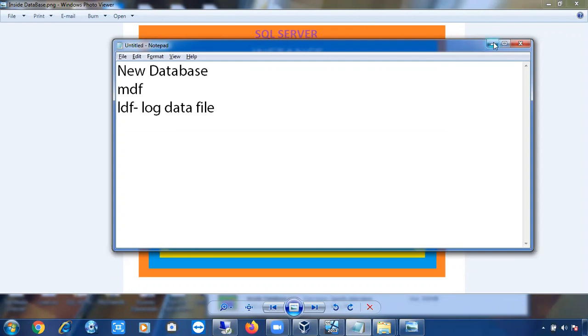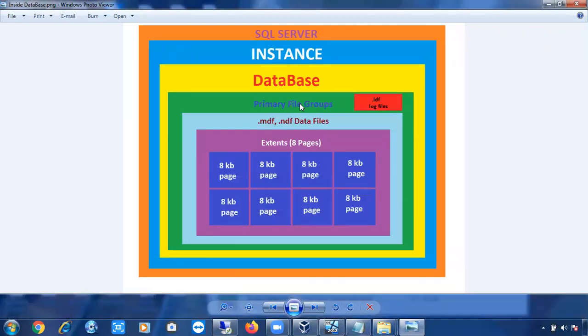So if you go inside this database, you will have file groups and log files. And if you go inside the file groups, you will have your data files. There are two types of data files, MDF and NDF. And again, if you go inside your data files, there is the extent concept. We'll discuss the extents. And if you go inside the extents, you can see pages.